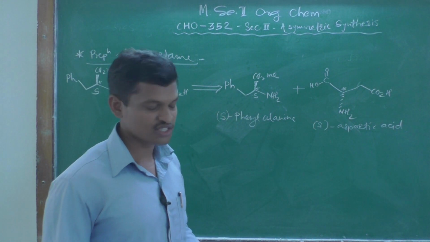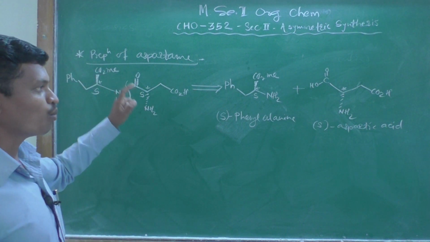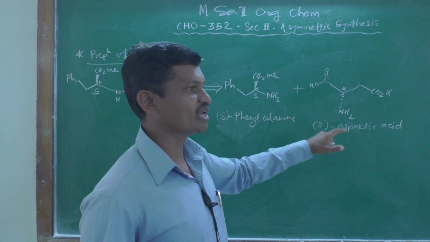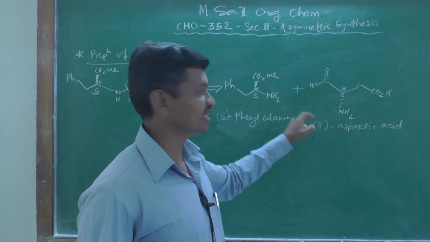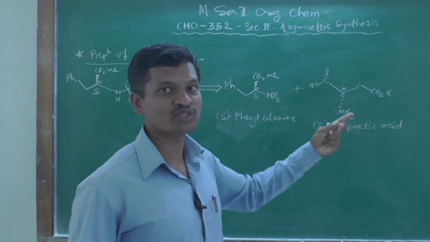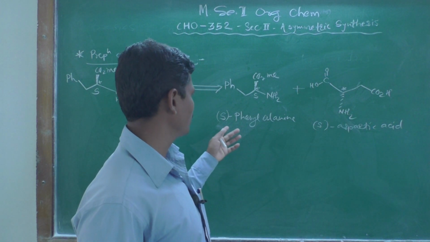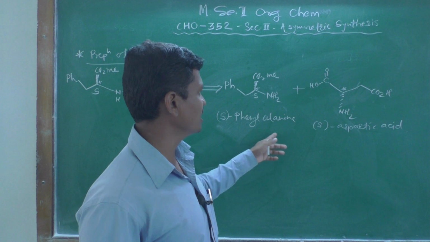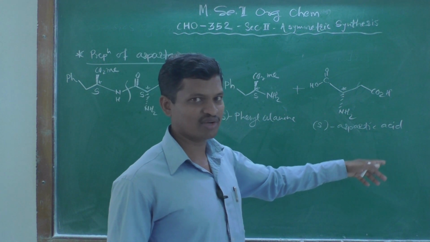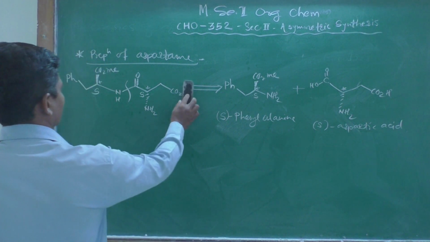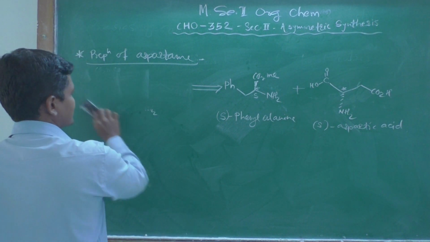So that's why the stereochemistry of the product is retained, because the stereochemistry of the starting materials is fixed, that is S, and they are naturally occurring. So they are enantiomerically pure. There is no chance of R-phenylalanine or R-aspartic acid. Okay, so that's why this product is obtained as a pure compound. Then the next example is